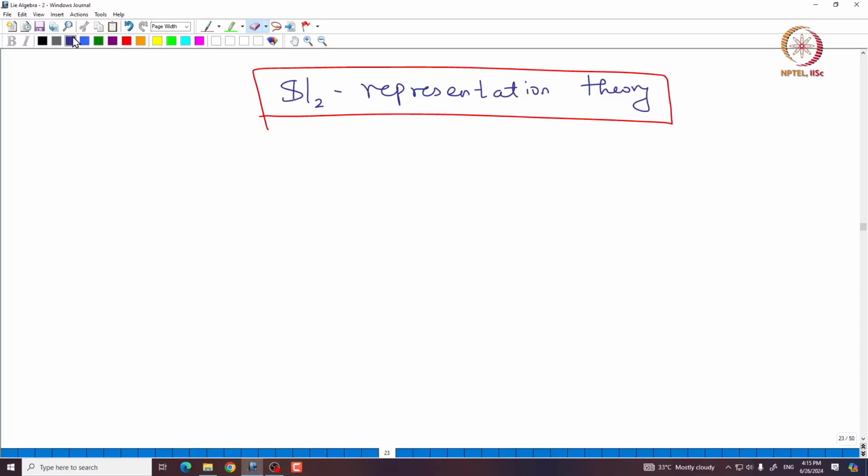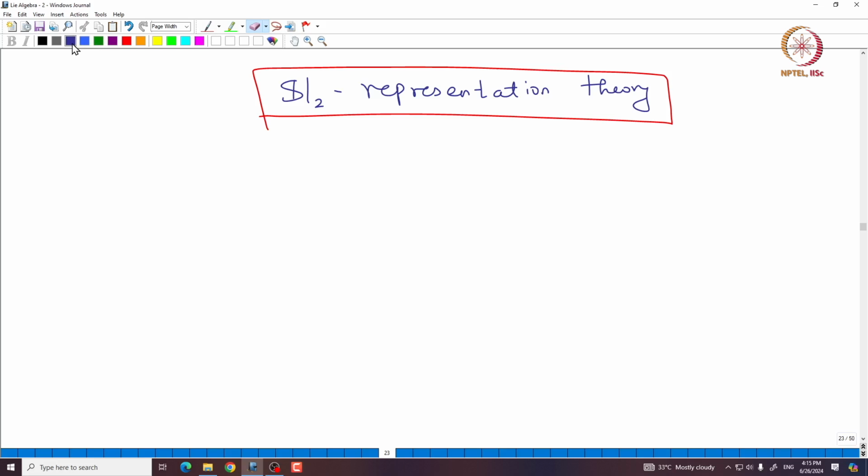Welcome back everyone. In this lecture we will continue with the representation theory of SL2. First, we will define some concrete examples of SL2 representations, and then later we will see how to approach the representation theory of SL2 in a more abstract way. So, let us start with the following